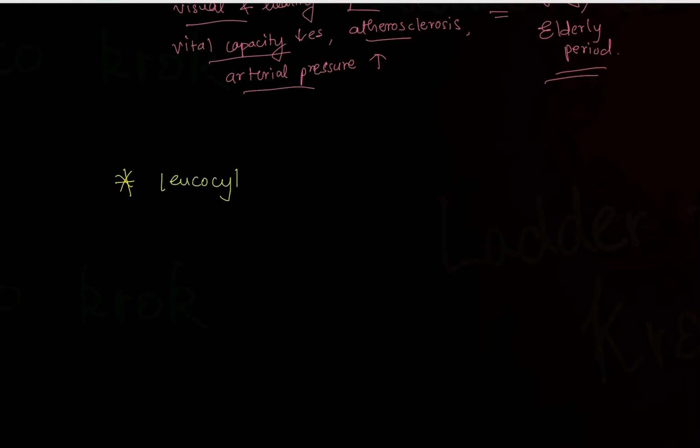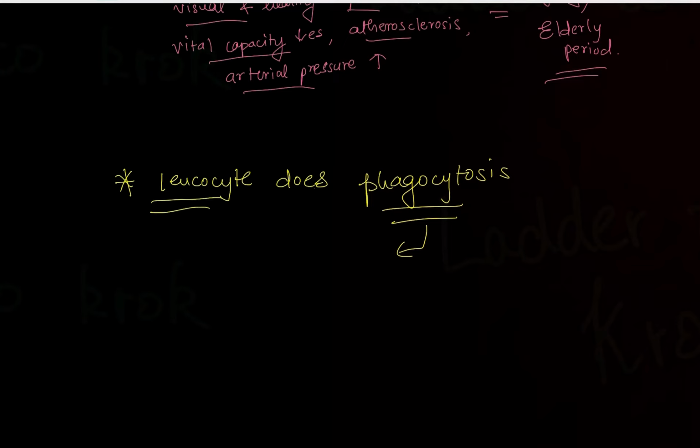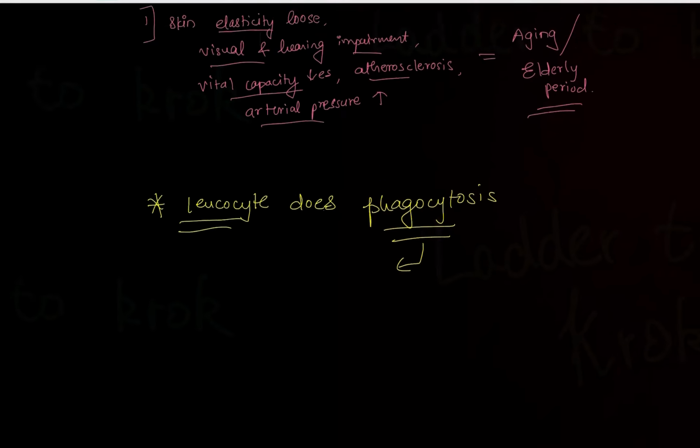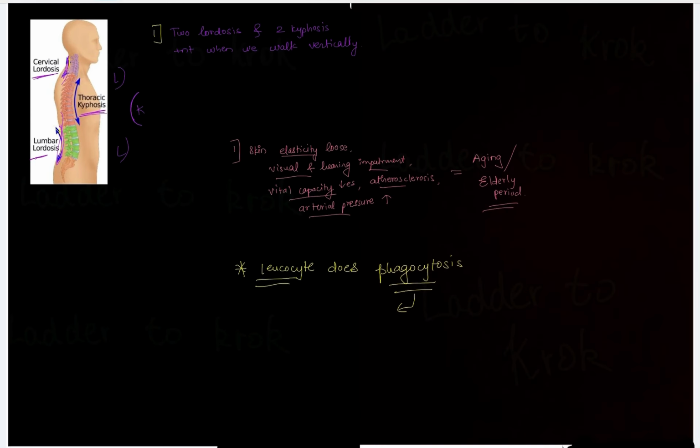leukocyte does phagocytosis. And this phagocytosis is a function of amoeba, which is a unicellular organism. So sometimes they give you a question, for example, that amoeba does the work, that amoeba eats, or that amoeba does phagocytosis. Similarly, in our body, there is something which does phagocytosis. Then in the options, you should mark the right answer as leukocytes. Okay. So these were some of the important Kroc tricks or tips, you can say, and important Kroc questions which come.